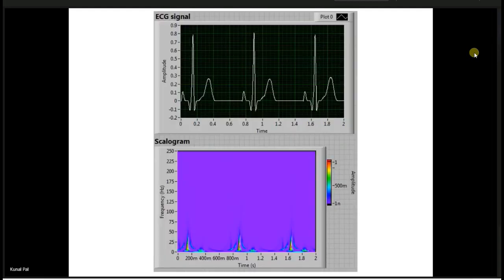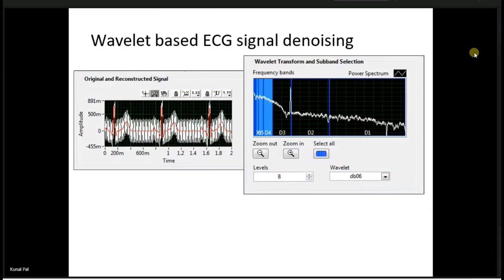So this is an example of the scaleogram. Then wavelet based ECG denoising is there. See, I have eliminated this D1, D2, D3. There was a 50 hertz, 60 hertz noise component, and I have used the lower components A1, then D4, D5, D6, and all the other components. I've eliminated D3, D2, and D1, and I have got this red line. Whatever we have got, that is the